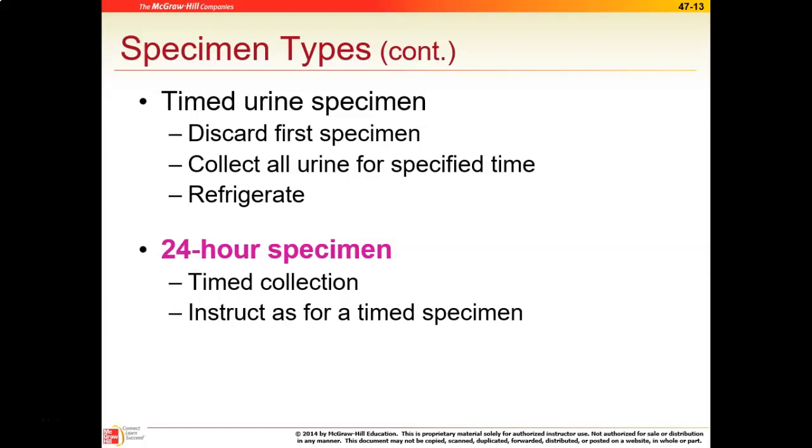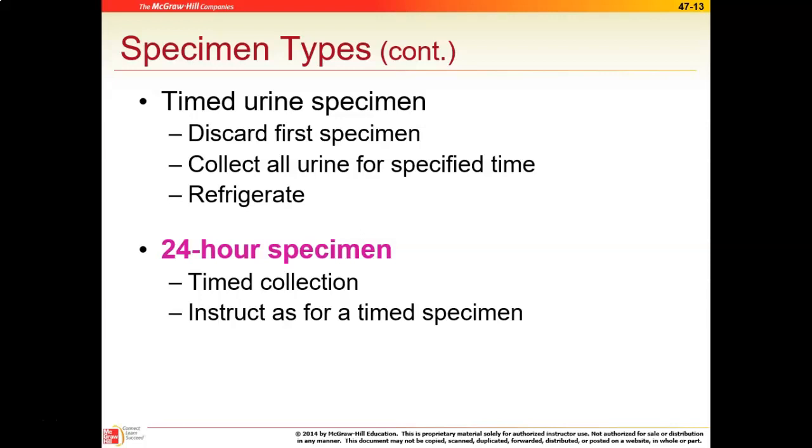Okay. And then we have a specific 24-hour specimen. This is still a timed urine specimen, but the 24-hour specimen is probably the most common of the time frames, and we use this to detect when someone has proteinuria during pregnancy or during diabetes, or if they want to do a creatinine clearance, they'll sometimes use a 24-hour urine specimen where they start at 7 o'clock in the morning, let's say, and then they will continue to gather the entire amount of urine that they output in a 24-hour